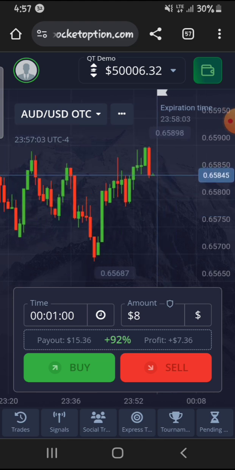make sure you verify your account, because brokers across all financial markets don't joke with verification. They don't joke with it at all. So how do you verify? Click on this